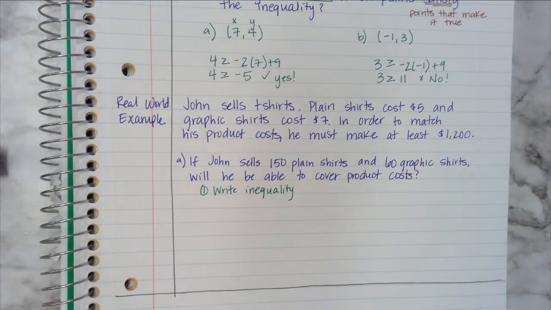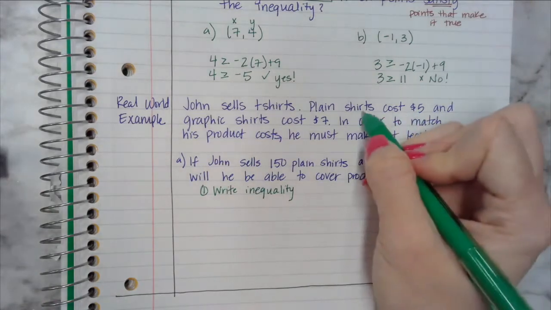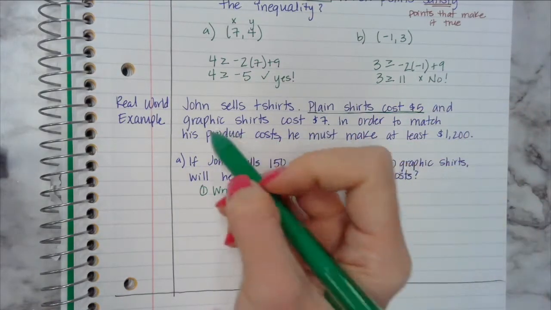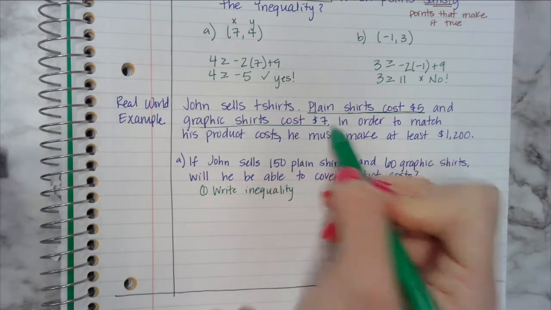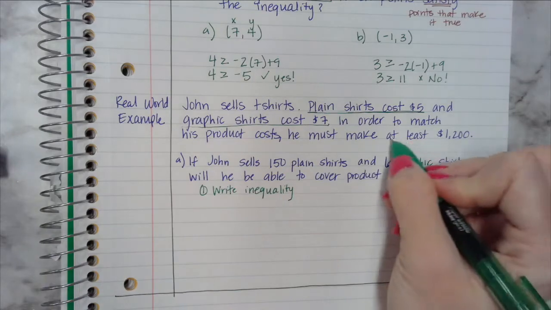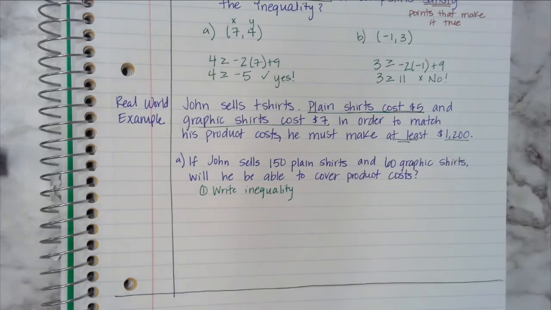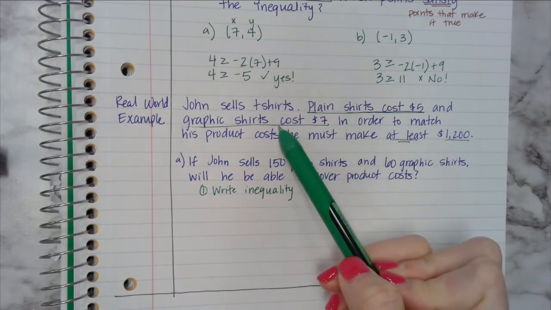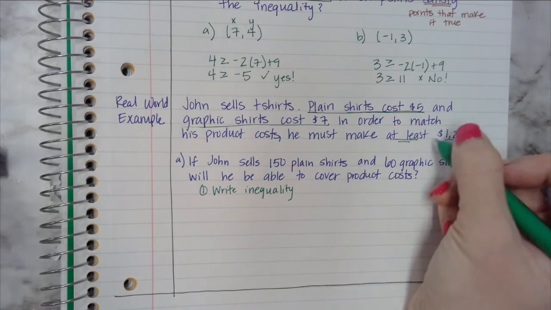Okay, so we know that plain shirts cost $5 and graphic shirts cost $7. And in order to match his product cost, he needs to make at least $1,200. All of that information is going to help us write our inequality. We're going to do the cost of the plain shirts plus the cost of the graphic shirts has to be at least, so greater than or equal to